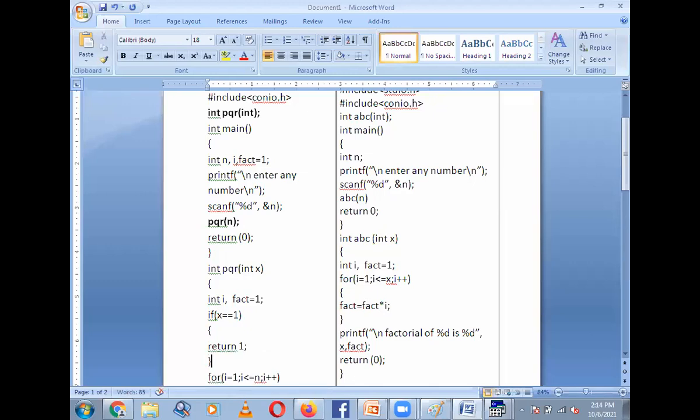Okay, if the entered number is exactly 1, then it will return 1. If the entered number is greater than 1, then